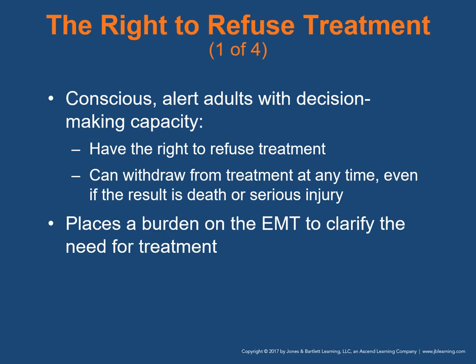A patient, parent, or caregiver's decision to accept or refuse treatment should be based on information that you provide. Therefore, it is important that you communicate your assessment of what might be wrong with the patient. You must also provide a description of the treatment that you feel is necessary, any possible risks of treatment, the availability of alternative treatments, and the possible consequences of refusing treatment. All of this information should be included in the patient care report.